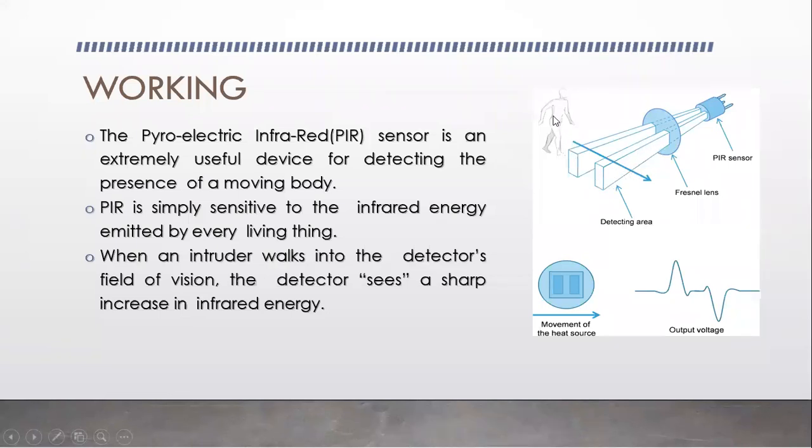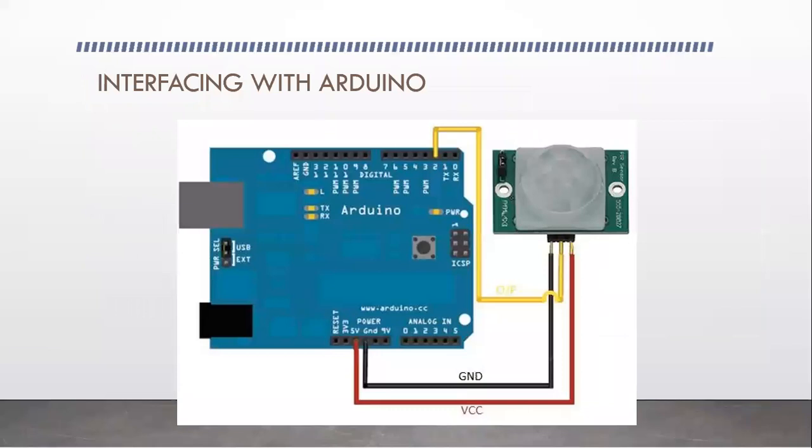When a human comes in this range, here you could see the angle also, right? The angle is 70 to 110 degrees, so it would detect in that range only. I told you, a human has some IR radiation, that is nothing but a heat source. So whenever a human or heat source moves in this region, it would give you a high pulse. This is how it works, guys. This is also a digital sensor. In this PIR sensor you have three pins: one is for power supply, one is ground, and one is for taking the output.